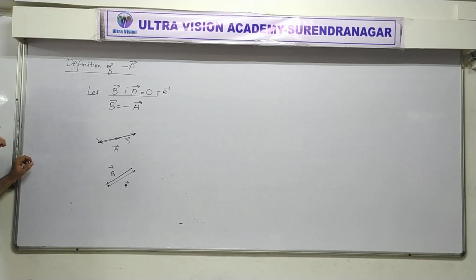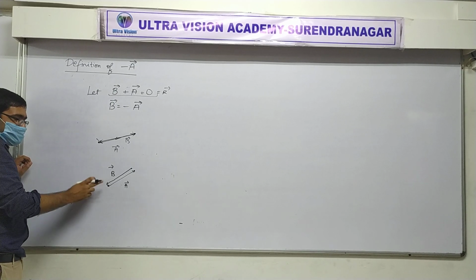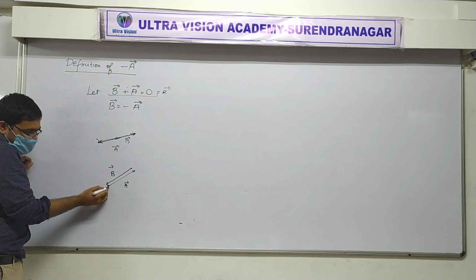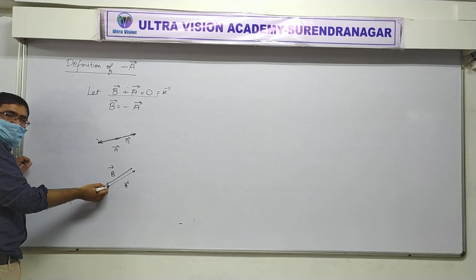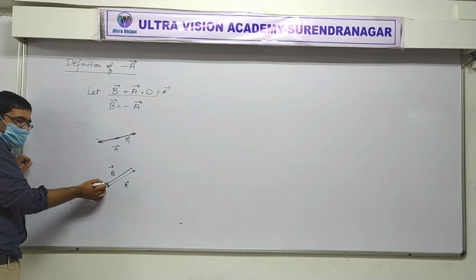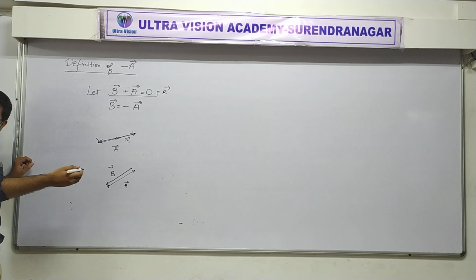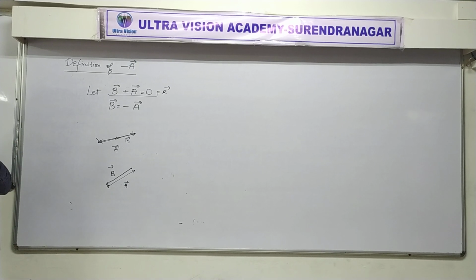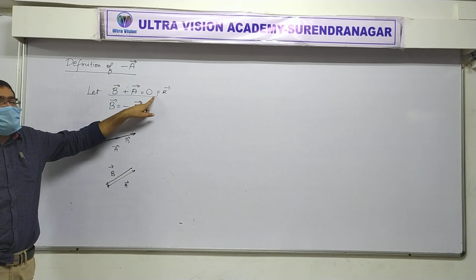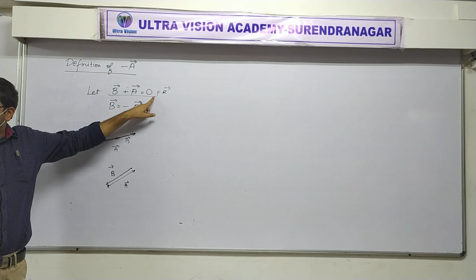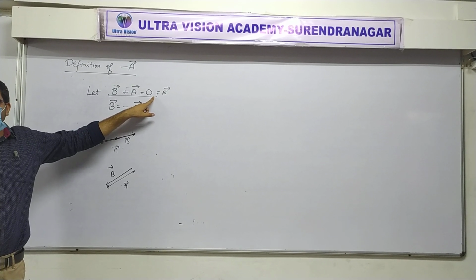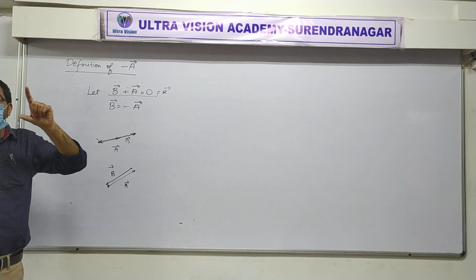Now how will I draw r vector? What do you think of the resultant? How do we draw the triangle law of addition? Third step: from the tail of the first to the head of the second. From here to here. You will not be able to draw it. That's why its magnitude will be 0. A vector with magnitude 0, its length should be 0.